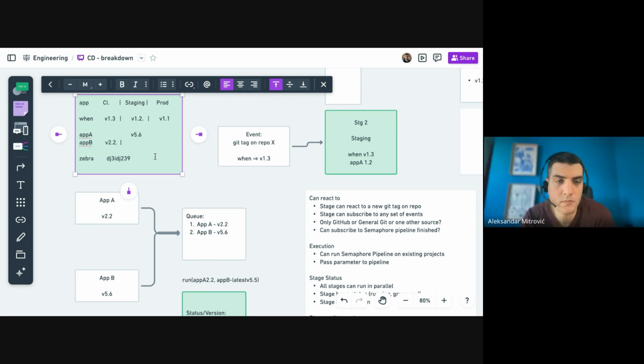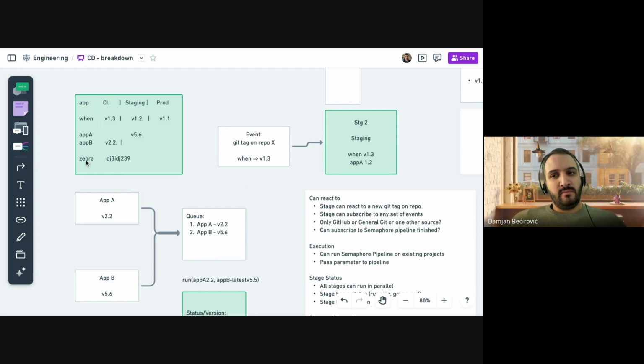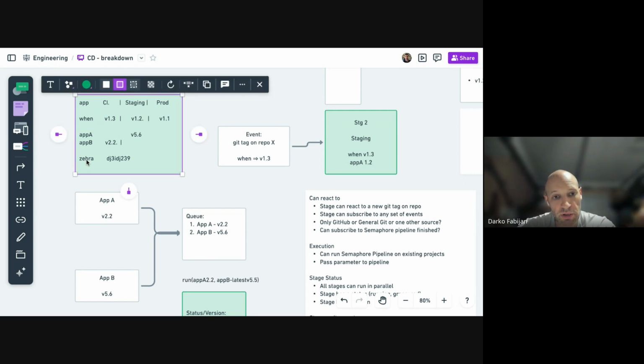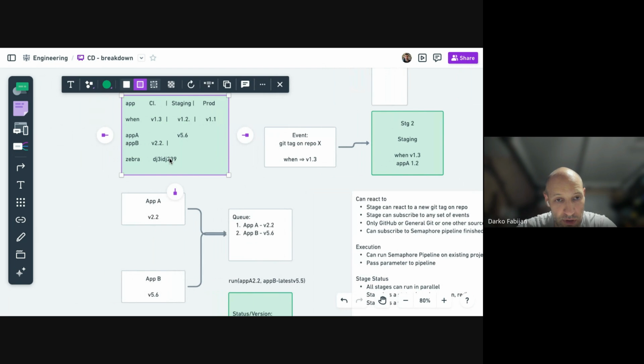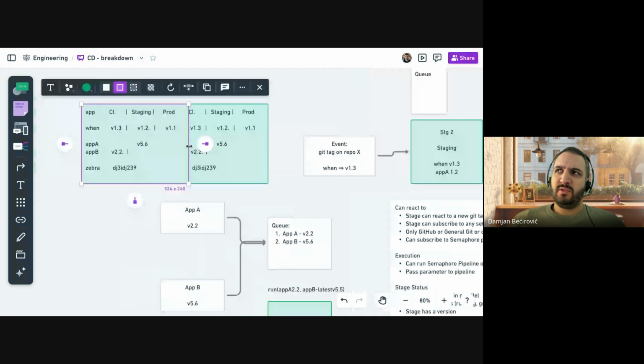Okay. Yeah. However, one representation could be you click on Zebra, and then for Zebra you have a chronological list of versions. Some of those versions are in some stages. Some of them historically were, but are not anymore. So maybe we can try to represent them. And one other thing is probably if you click on a specific version,